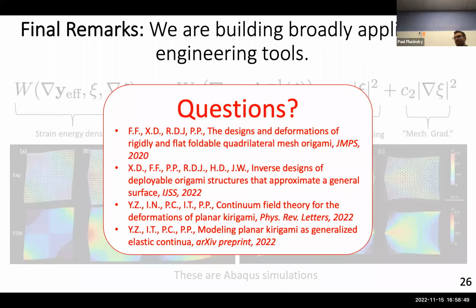Vikram. Hey, Paul, very interesting talk. So now that you have a strain energy density with the local deformation metrics that you have come up with, could one ask a further design or inverse problem, which is how do you, for instance, maximize dissipation? Yeah, this is a really important question, which is intuitively,